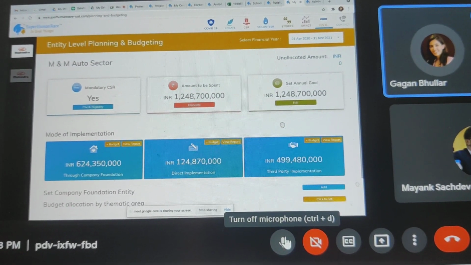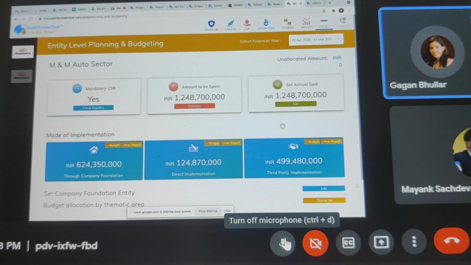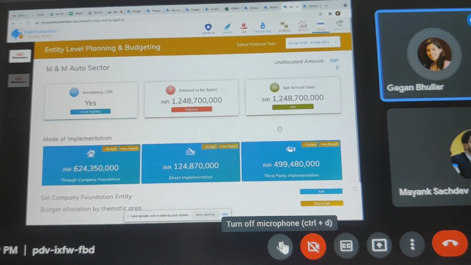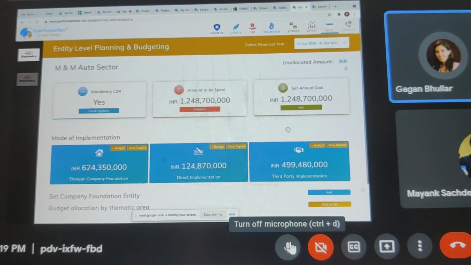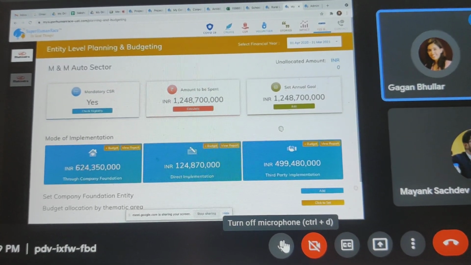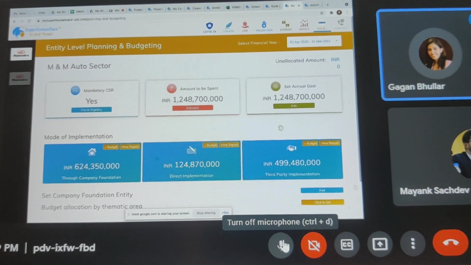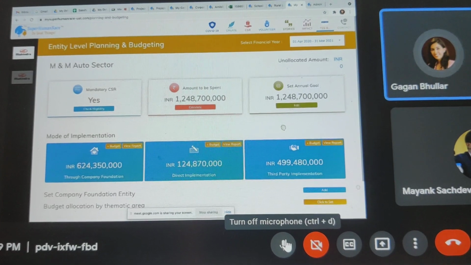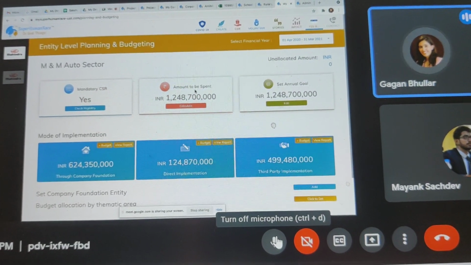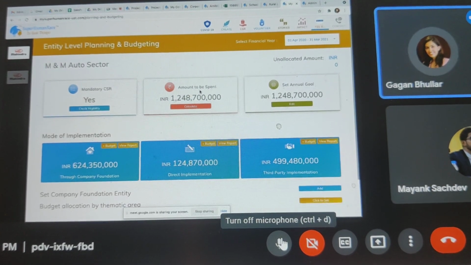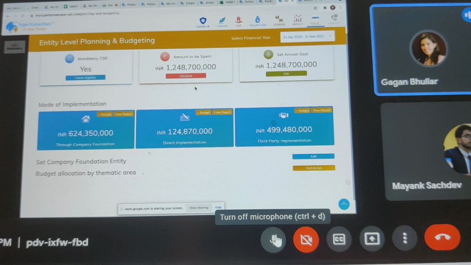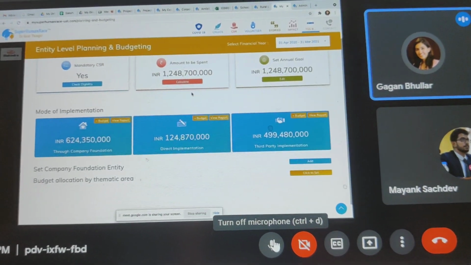If you are a public company that has a CSR spend of more than 50 lakhs, then it automatically allows you to enter. So the mandatory requirement in that case, if you're a listed company, would be that there should be one independent director and two other directors, right? So as a mandatory field, it asks you to feed all of that data. Then for the planning and budgeting, it actually helps you to do all of those things as well. So it sort of streamlines your reporting based on the type of organization that you are as well.